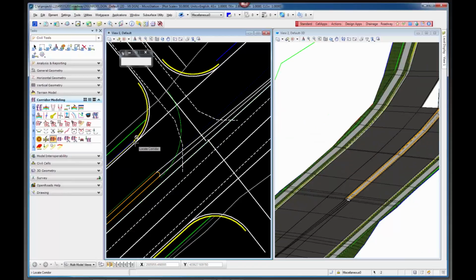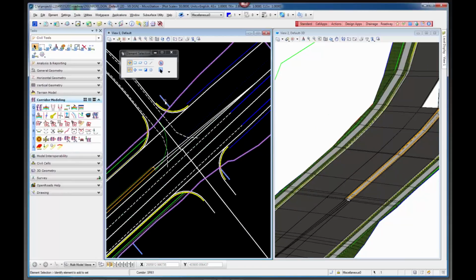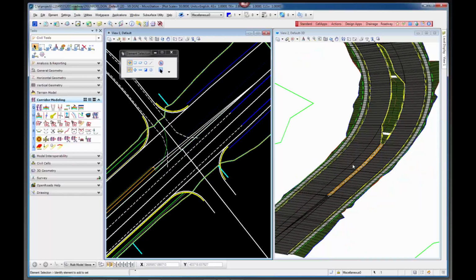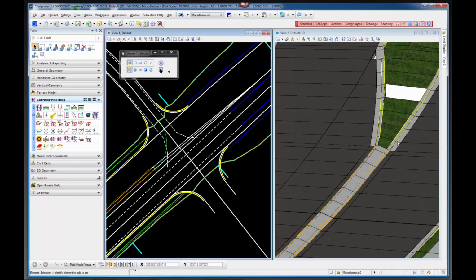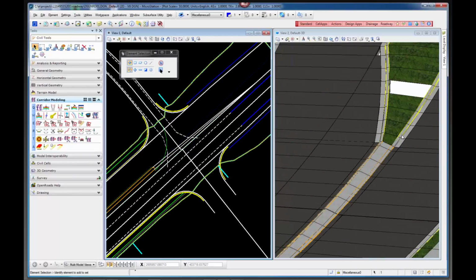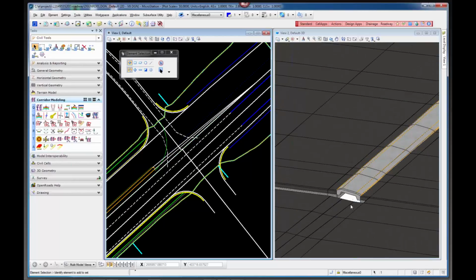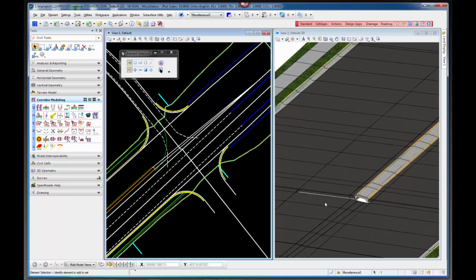Now I can change the design stage to make this look a little more detailed. I'll go from preliminary to final, and obviously you're going to work that out better as far as that little detail, that gap there. But what I do see is my traffic separator now is landing. It's basically going to slope this pavement up, and if you wanted to check a cross section there, you can just go to the